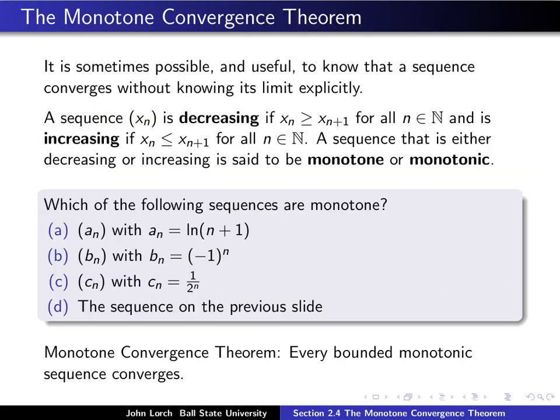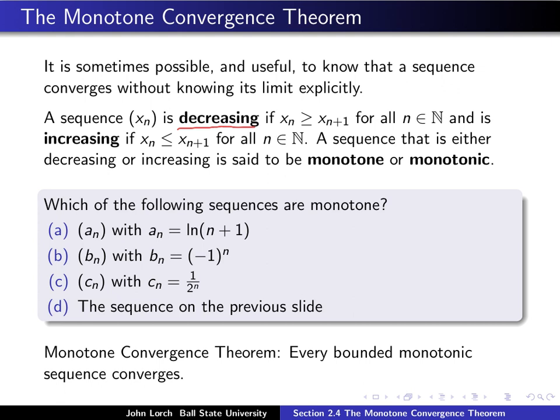So in this section, we see that it is possible to overcome the difficulties that we discussed on the previous slide. That is, that it's sometimes possible to know that a sequence converges without knowing its limit explicitly. In order to see how that might happen, we first need to know a little something about increasing and decreasing sequences. So first, a sequence is said to be decreasing